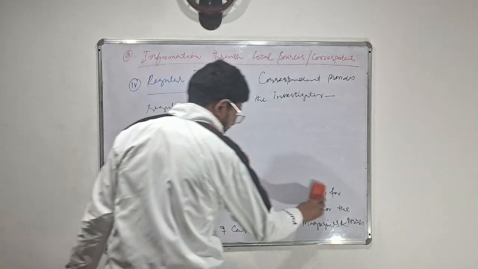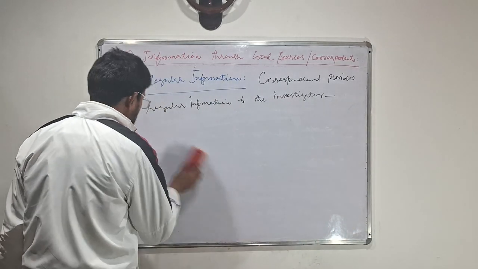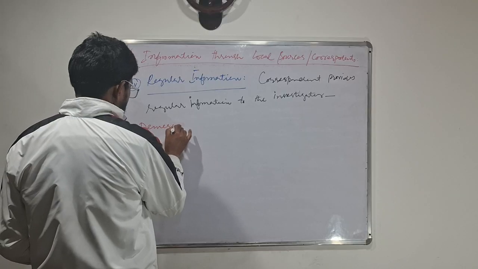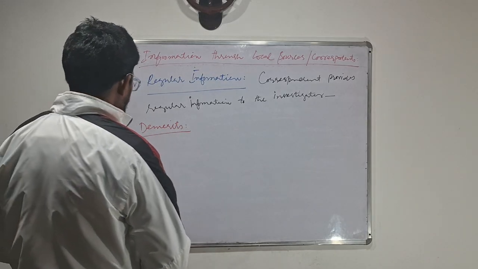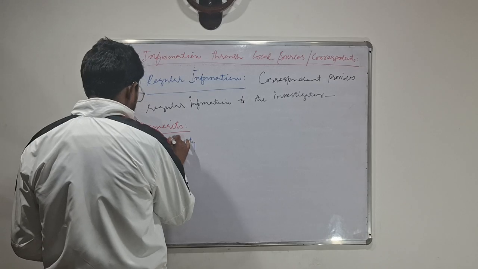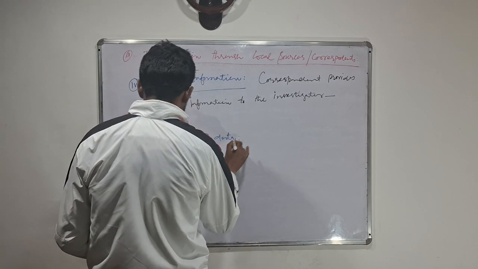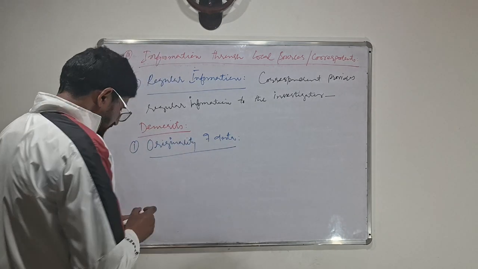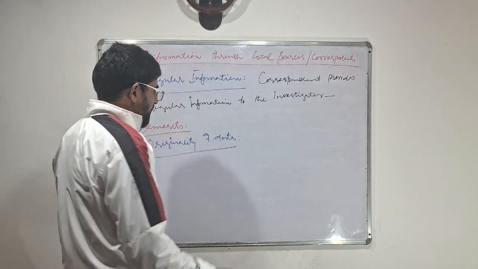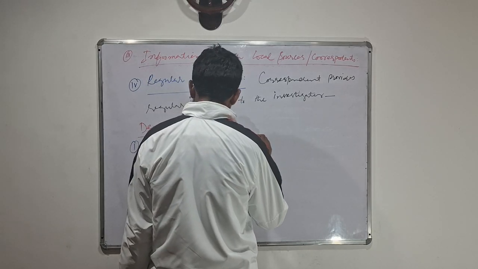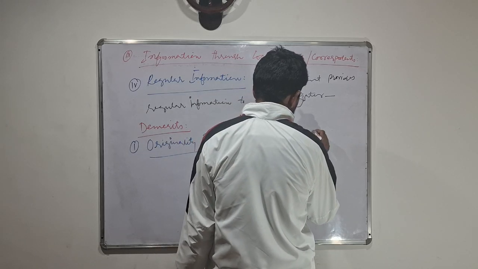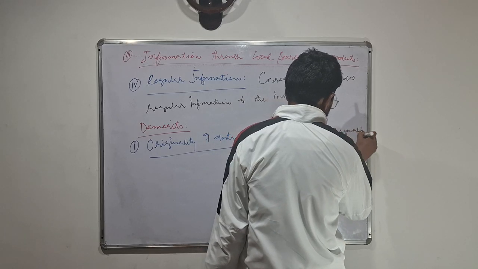Now, demerits of this method. First one, originality of data. I tell you, it is not necessary that the correspondent can directly collect information from the respondent. He can collect the information from other persons. There is lack of originality of data,